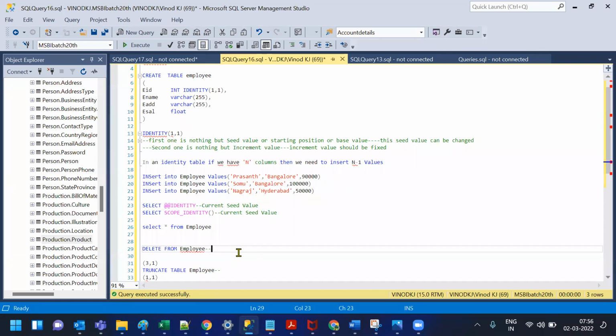Is that correct? Yeah. The next seed value will be depending on the last inserted seed value, because